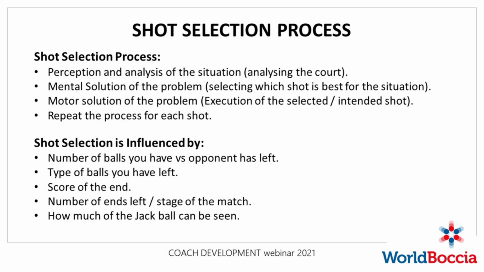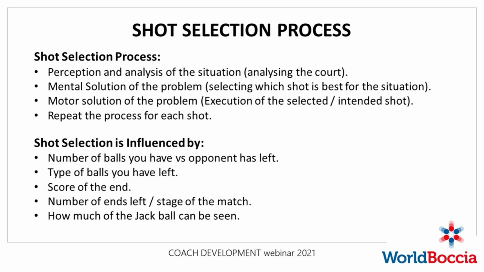Shot selection is also influenced by the score of an end at the given time. So again, if an athlete is in the position where they have 2 balls in scoring position and they're left with softer balls, they may or may not be willing to use those softer balls to try and score more points, and they might be more willing to do that with softer balls rather than harder balls, because there's obviously less chance of them disrupting those 2 scoring balls they had in place. So the ability to be aware of what the score at an end is, or at a certain point.